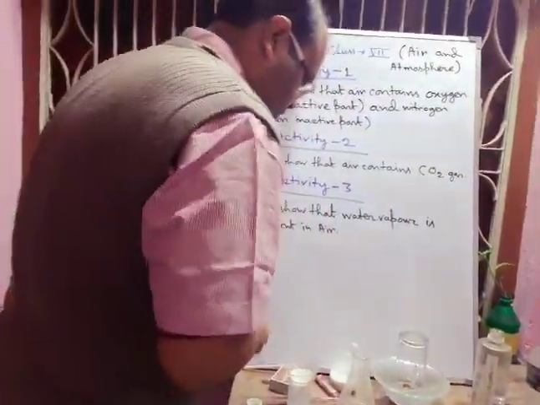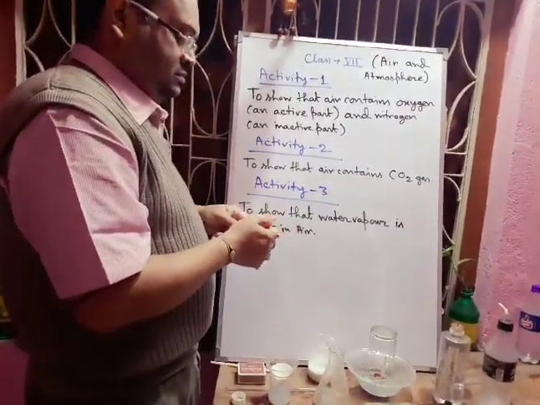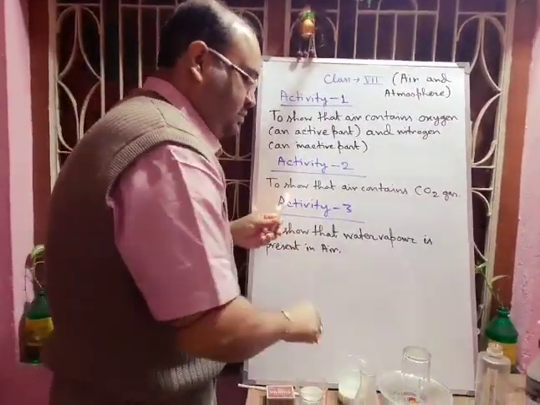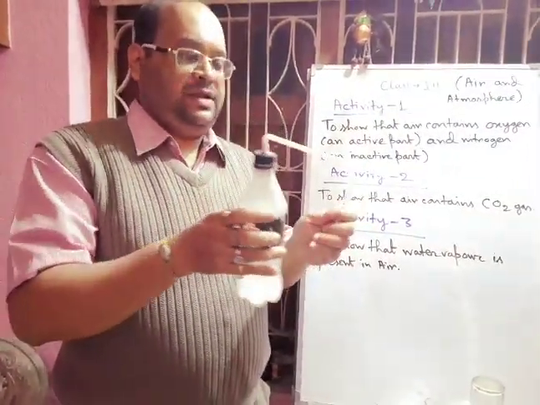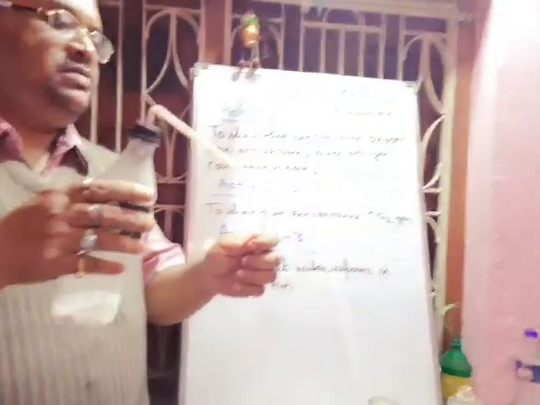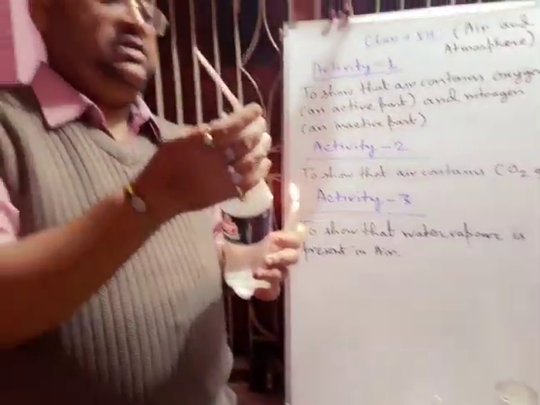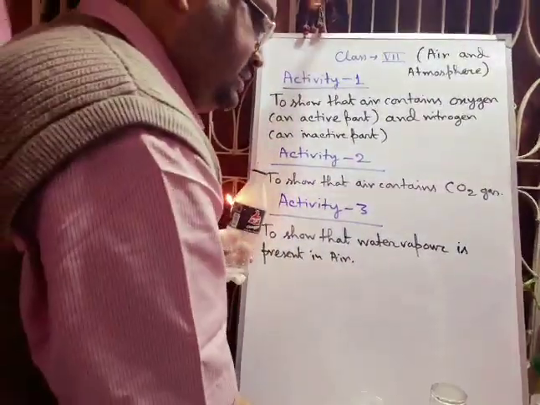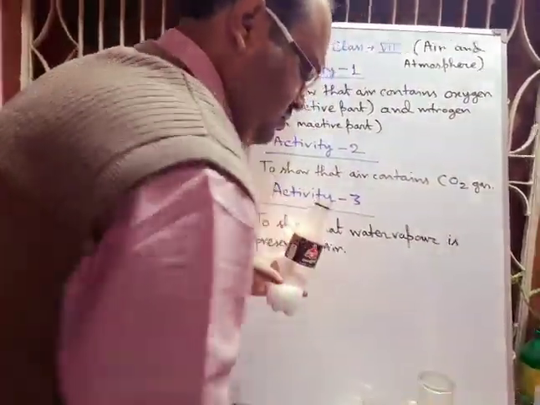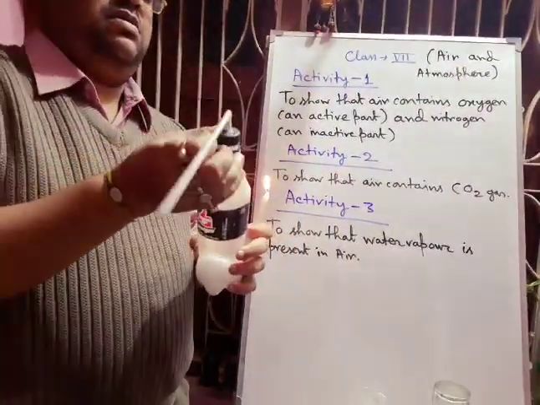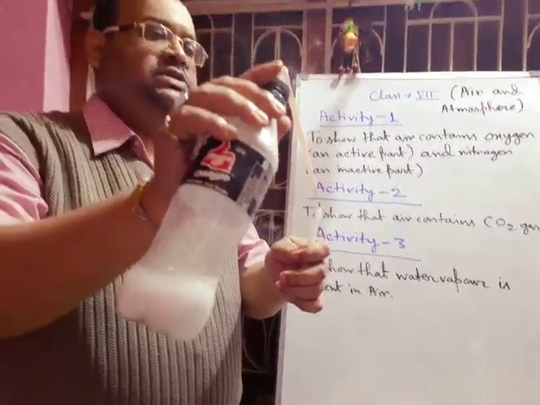If we take some burning candle, the candle is burning, okay, and if we hold it here, definitely the fire will be extinguished. Here fire is too much, okay, and the gas it is producing is very little. Again I have to add some amount of acid. See here, fire is extinguished, okay.